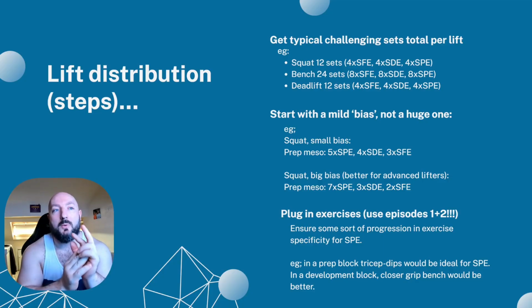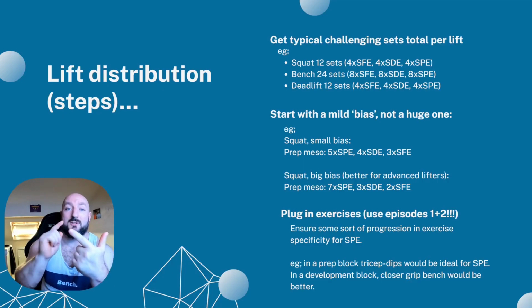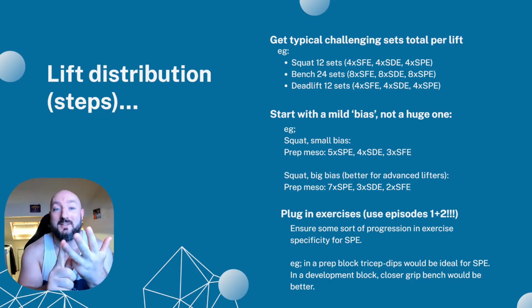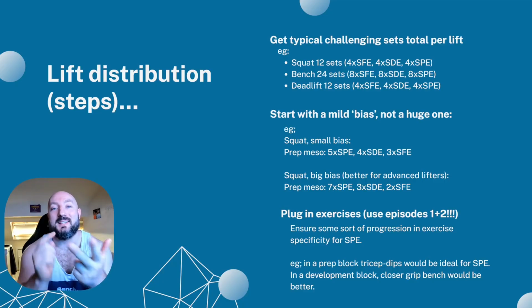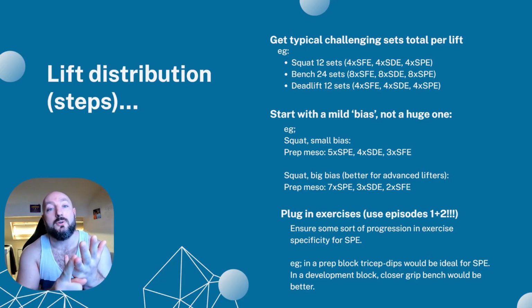Because we bench twice as much to counter squat and dead, we do squat, bench, dead, and then we've got another bench setup. I class touch and go bench as another competition exercise, just to keep things simple. So that would be 12 sets on squat, 12 sets on bench, 12 sets on deadlift, and 12 sets on touch and go bench. Now, putting it all together for a beginner lifter, that's absolutely fine. You can just do 4 sets on everything.